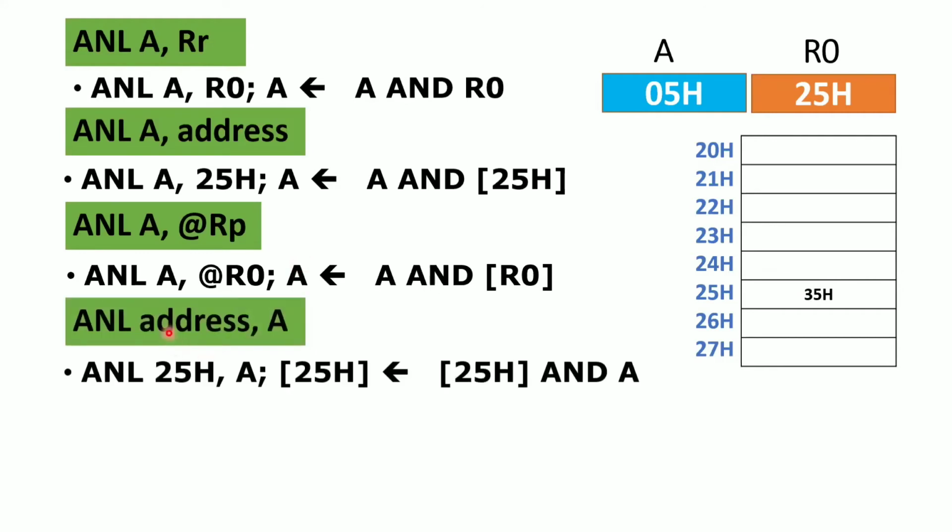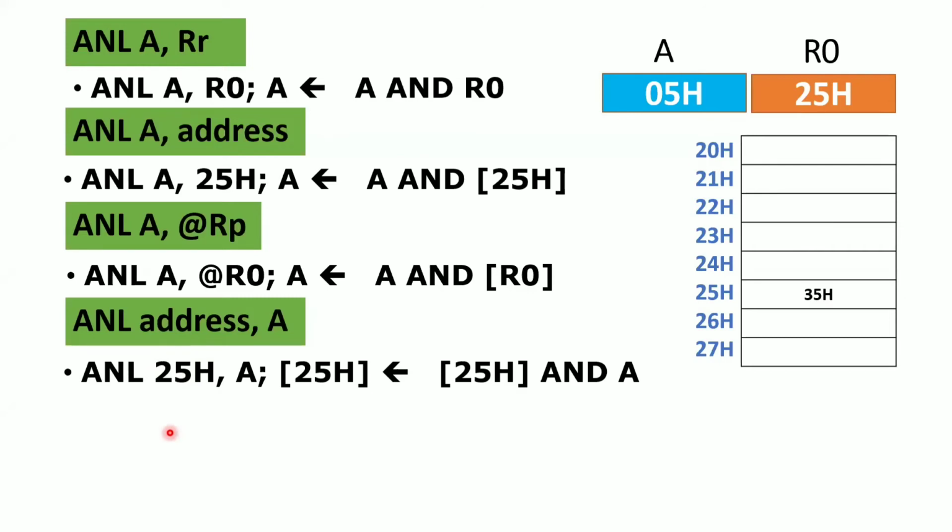And the next one is similar to the second instruction. Whatever AND operation you want to perform, you perform it with the help of an address and the A register. So what is happening here? You are giving address 25H and performing the AND operation on the value of location 25H, which is 35, and store the result again inside the 25H location, not A. Here, the first operand is your address location, right? So AND operation will be performed on these two values. The result will be stored inside this location. This is the meaning of this instruction.